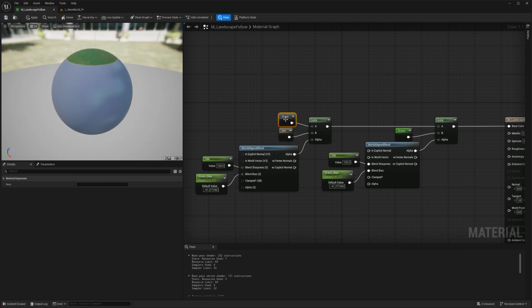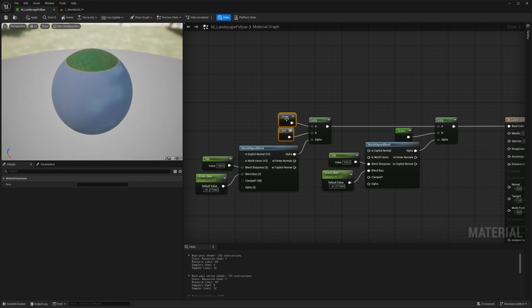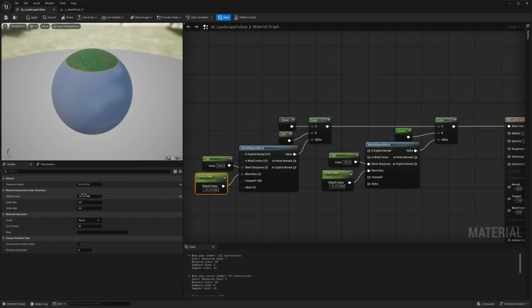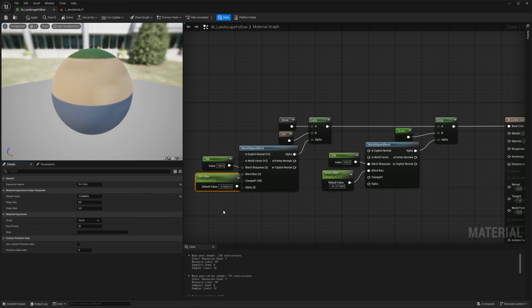There you go. Ooh, that looks green and blue at the same time. So what I need to do now is change the name. This is not grass bias anymore. This is stone or dirt bias. You pick the one that you want. So I'm going to play with that number. There you go. We're going to change this anyway. So I'm going to save it.